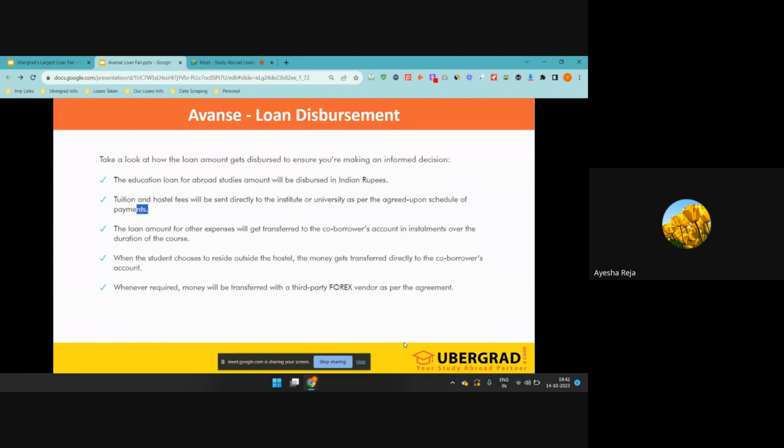Tuition fee and hostel fee, university fee. Once you have taken the loan, and you come for the disbursement of the 25 lakhs or 35 lakhs, whatever, your first year university fee, maybe it will be $10,000 or $15,000, whatever the university fee, we will directly pay to your university account only. So the fee will be directly paid by our side. But the living expenses, for booking your tickets and everything, we will credit into your account. So from there you can book your flight ticket and everything.